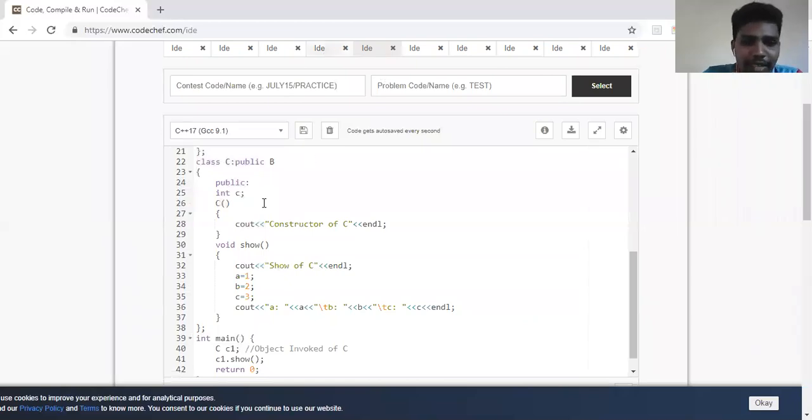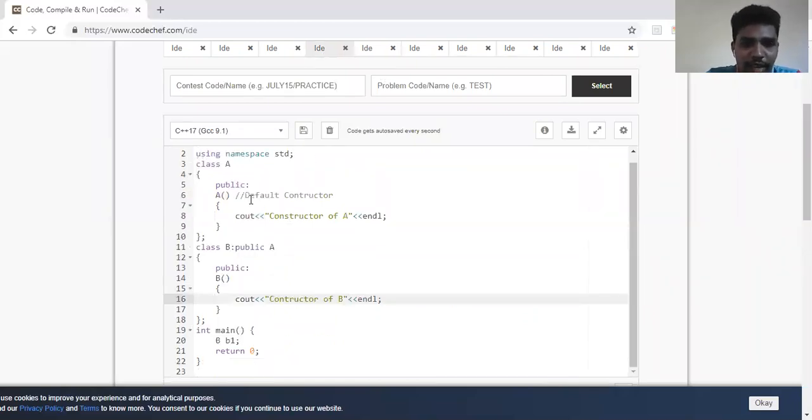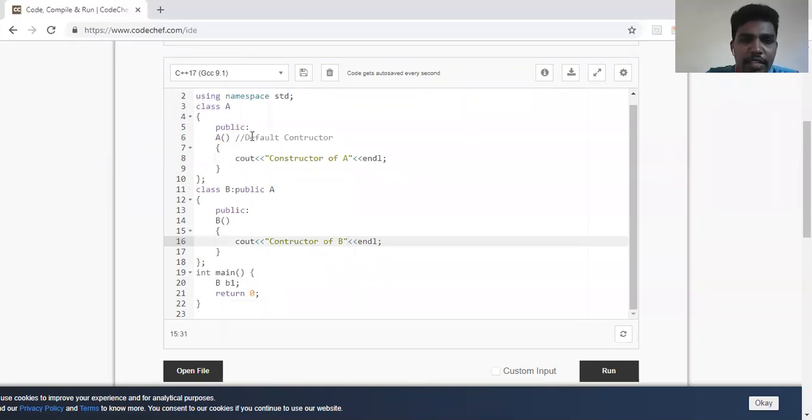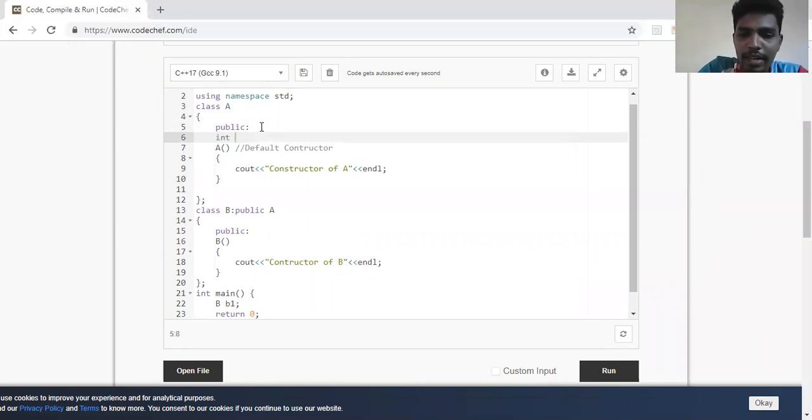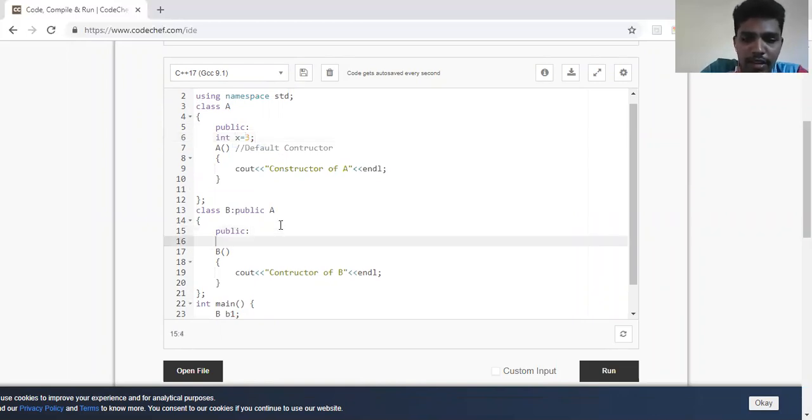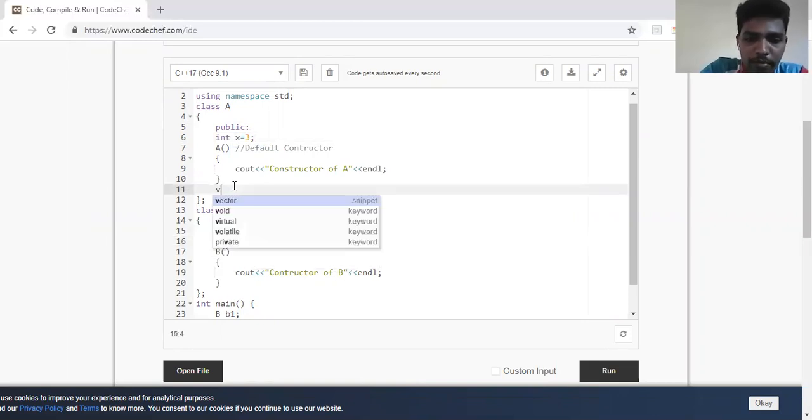Take this example where I have a class A and a class B, which inherits the features of A. Assume that in A, I have certain public data members: int x equal to 3, and int y equal to 5. Here I'll also have a function called void show.